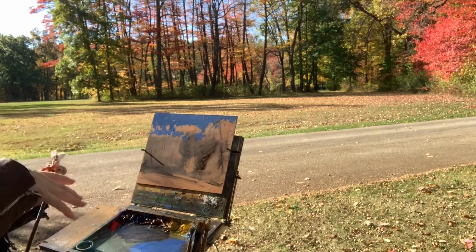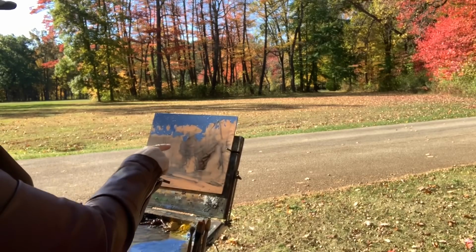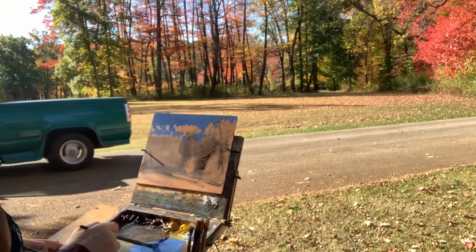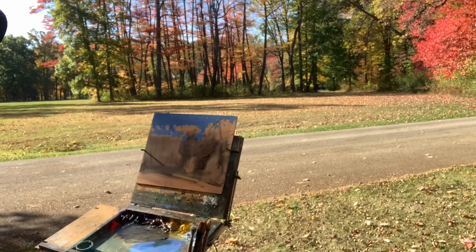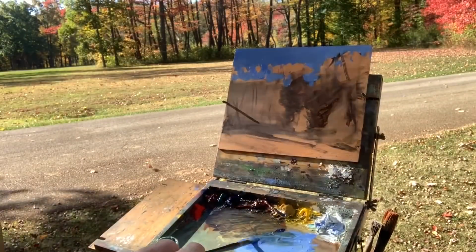Okay, I'm going to leave some of these gaps because I know that that's trees. Those are trees in the way. Right now, I'm going to paint that backdrop of color in trees back there. So I'll just use the sky that's existing. Let's take some yellow ochre. And I'm going to move you a little bit closer so that you can see both the background and the sky. A little bit of linseed oil,